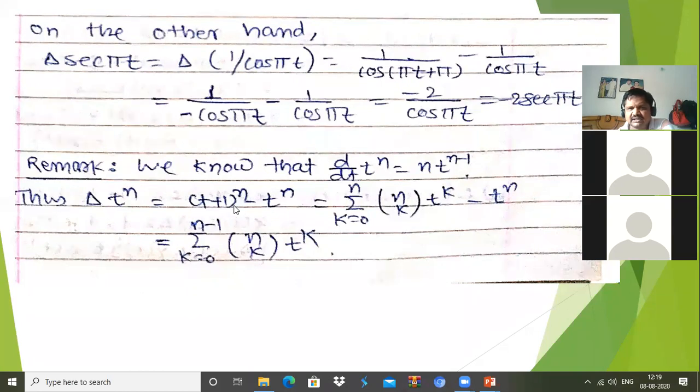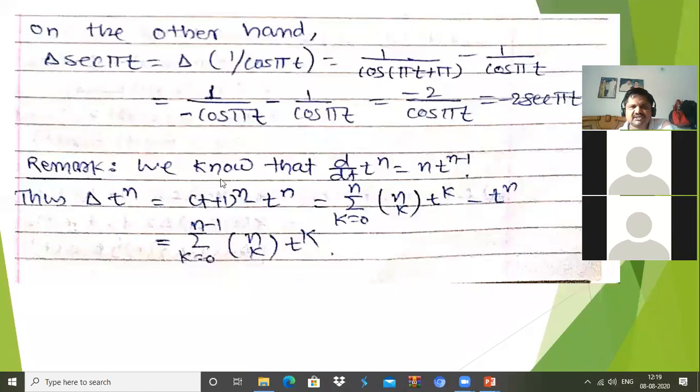If you are asked what is the expansion of 1 plus t to the power n, what do you get? 1 plus n into t plus n into n minus 1 upon 2 factorial t square plus up to, plus the last term t to the power n, which is the same as this. If we put k equal to 0, nC0 means 1, t to the power 0 means 1, so the first term you get is 1, plus nC1 means n into t to the power 1, plus nC2, that means n into n minus 1 divided by 2 factorial t square, and so on.